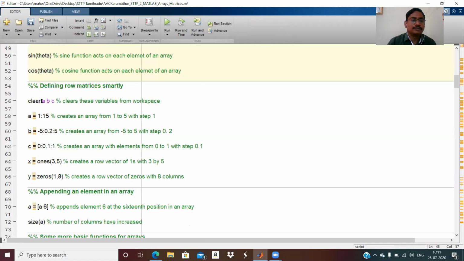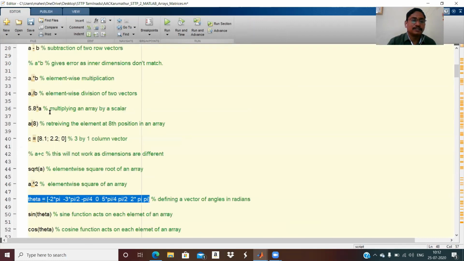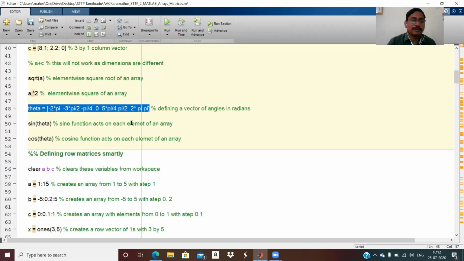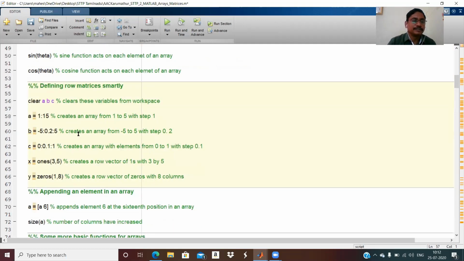Earlier 3 variables were declared here. For this program, earlier 3 variables were declared, but in the command window I use capital letters for matrices. It is better to use a capital letter to represent a matrix and a small letter to represent an element of a matrix, as usual in mathematics. So when you want to clear a particular variable ABC, you just type clear ABC. It will clear these variables from the workspace.